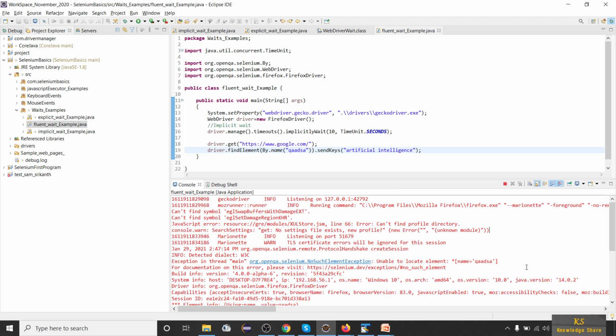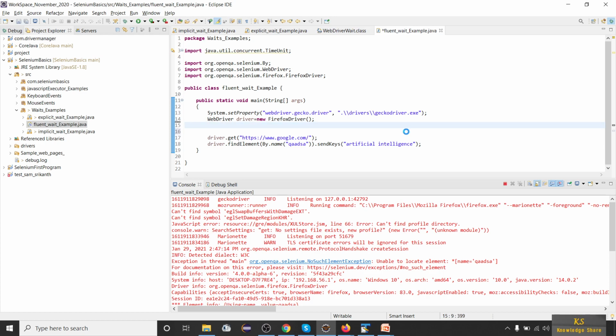You can see it immediately threw an error. It does not wait for a particular time. I think we have given an implicit wait, so let me remove this as well. Now let me run this.